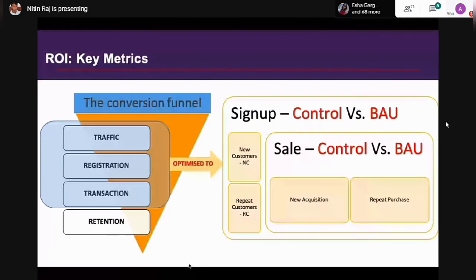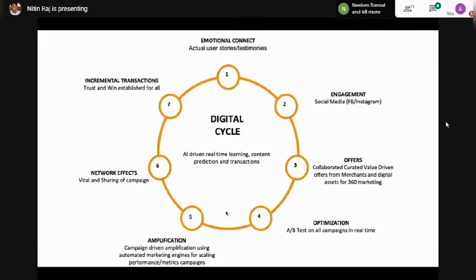So you need to keep a very close eye on the traffic, how much traffic you're driving, what kind of traffic you're driving. Keep a very close eye on the bounce rate of that traffic. So if it's a website, it's bounce rate. If it's apps, it's install, uninstall rate. If they're TV apps, then again the ratios, viewing ratios. Then of course are the registration, transactions, and the most important piece is the retention. So it's not about just bringing a customer, it's how you retain that customer. So that's the most important part.